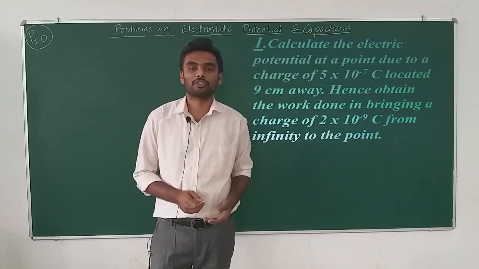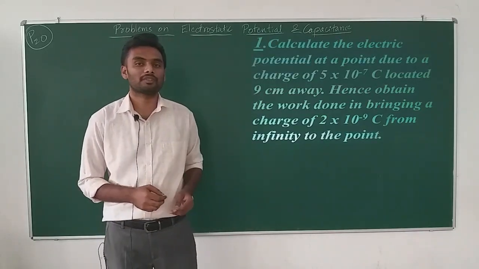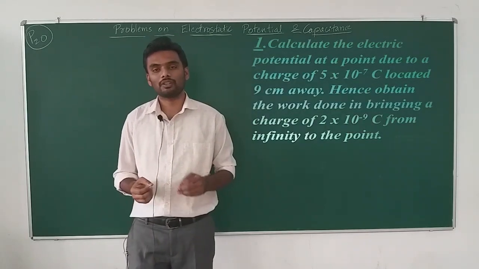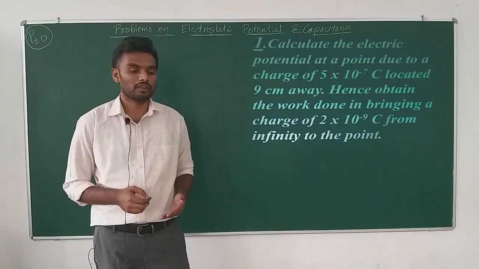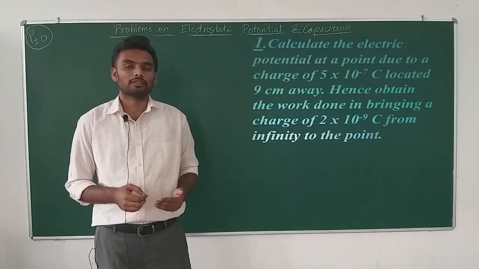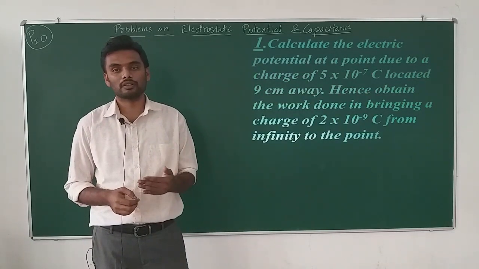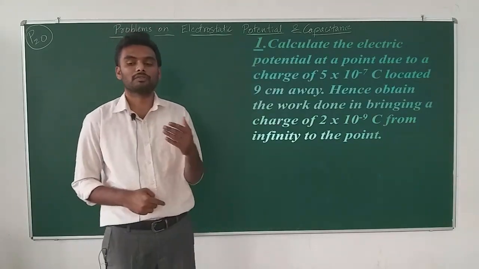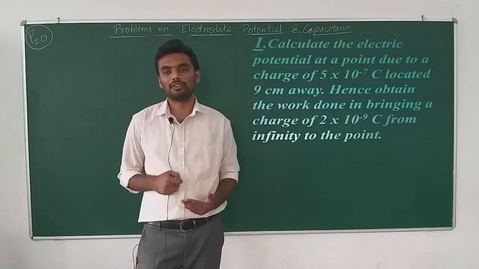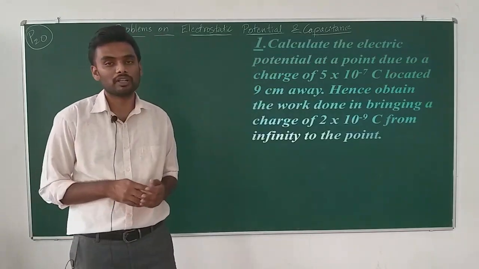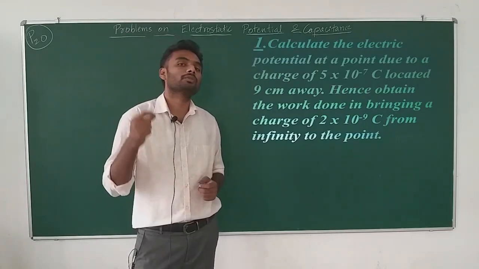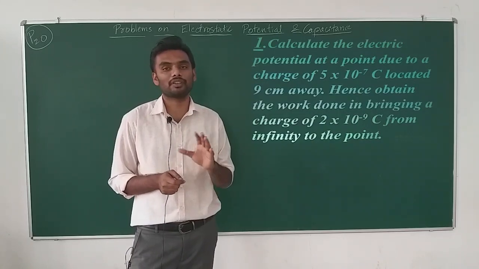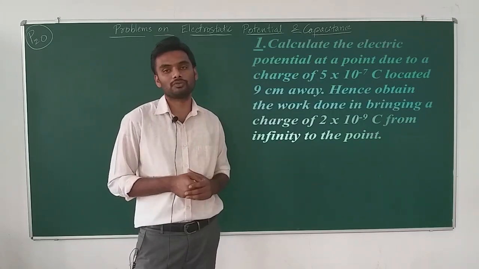So we'll discuss a few problems on the second chapter, electrostatic potential and capacitance. Before we go into the problems, I should instruct you to go through the list of formulae given in the book, page number 84. Go through the book from page 84 to 85; you have a list of formulae which includes 18 formulae in it. Just go through them and get to know how all the terms are connected and what they stand for. Okay, just memorize those formulae very well.